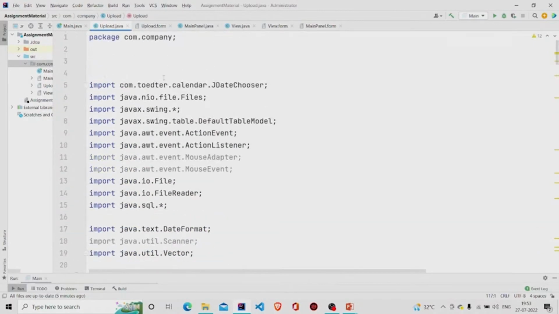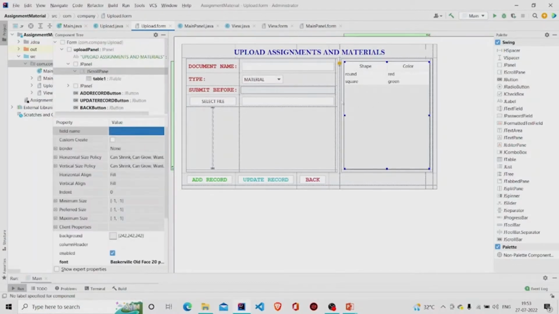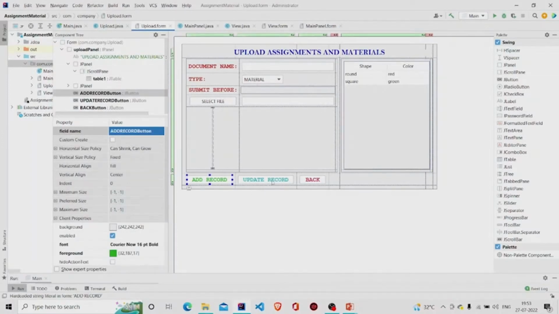Okay, this is the upload class and this is the respective UI. So this consists of a table. This is a JTable, and do not forget to add it under the JScrollPane. These are three buttons which I have provided. This is for adding a record, for updating, and this is for disposing this frame. Okay,